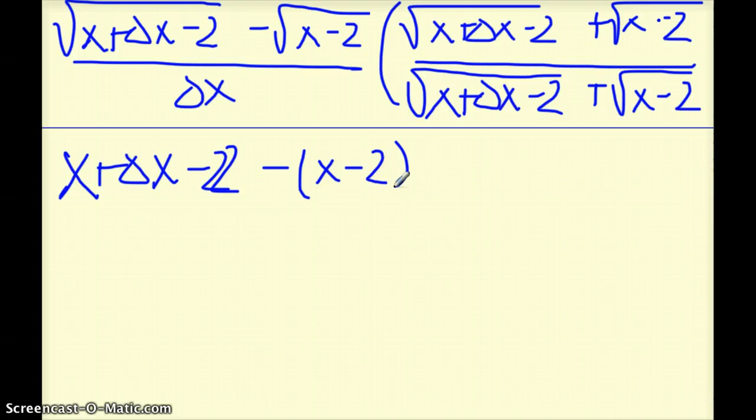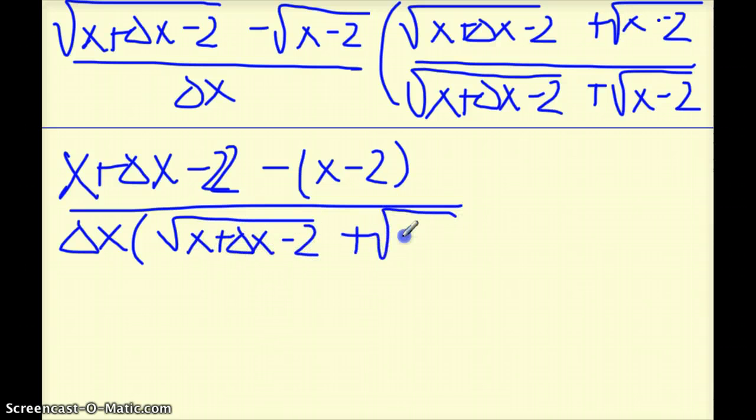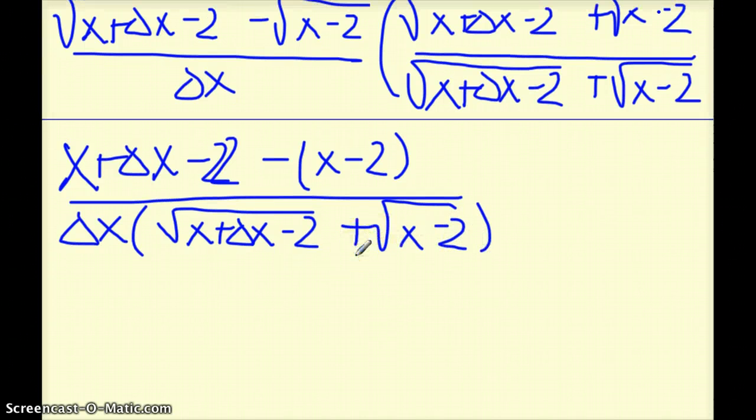So if I distribute, that's what I would get, all over, and I'm going to keep my denominator as its factors that were given. So I'm just going to copy all of these down. So if you take a look at this, if we distribute this negative, this becomes negative, and this becomes a plus. So if I were to simplify my numerator,